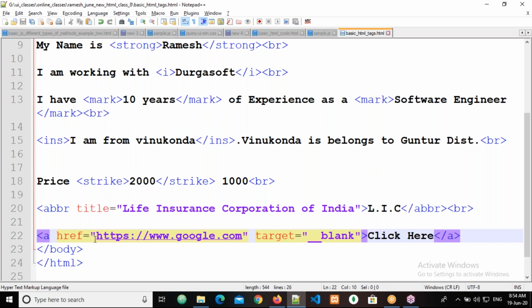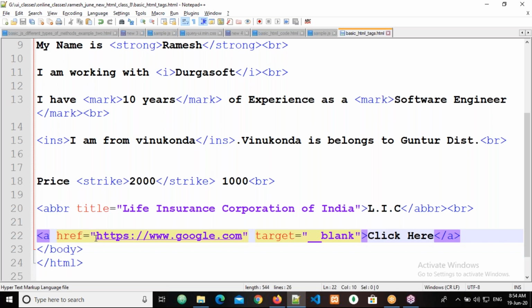If that file is not created, but you want to write some programming or apply some CSS, then what will you do? Still the page is not ready. So you will simply put a hash, so that it will stay on the same page and you can write your CSS related to that anchor tag. Or else you can leave it empty also. Then it will redirect to the same page. Or if you want to stop the redirection, you can simply put the hash.